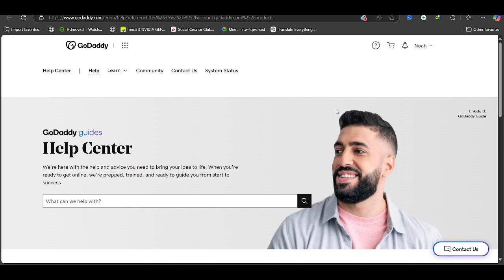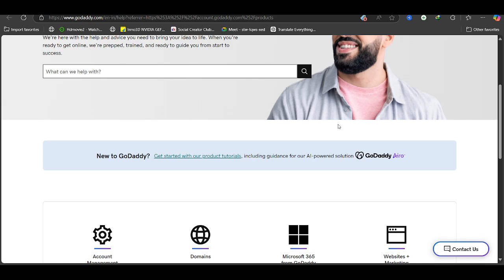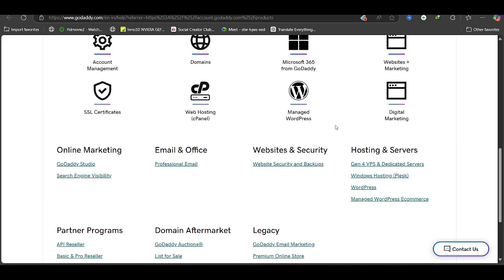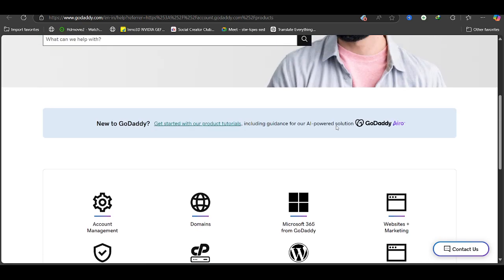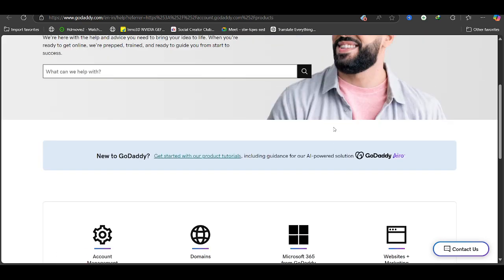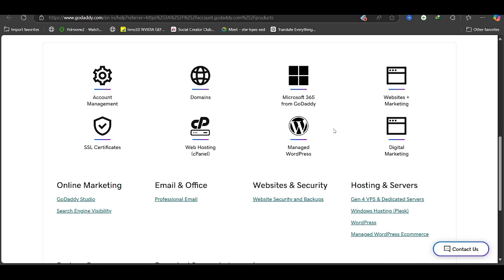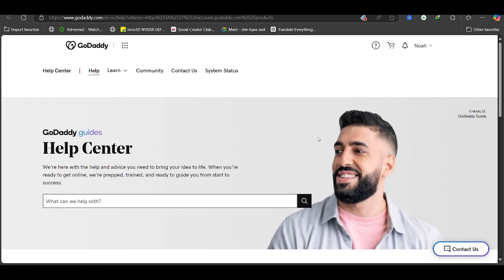Hey everyone, in this video I'm going to show you how to redirect a GoDaddy domain to another website. Whether you are moving your site, rebranding, or just need to forward visitors to a different URL, this tutorial will walk you through the process step by step. GoDaddy allows you to forward your domain to any other